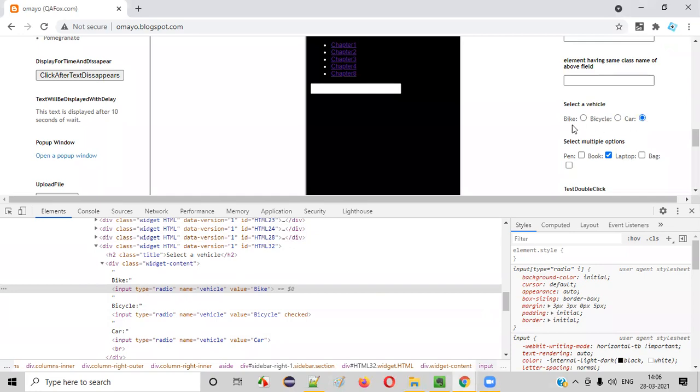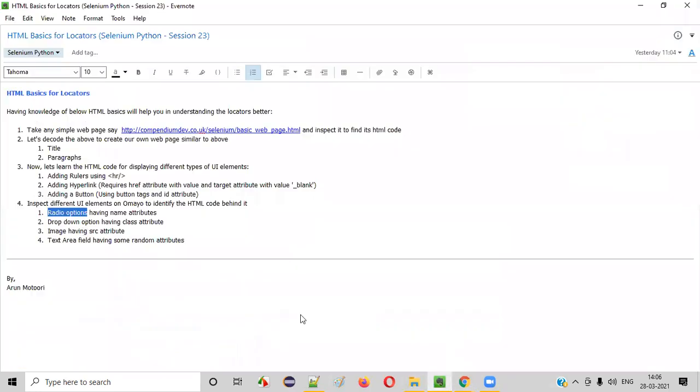When three options are given, only one option needs to be selected. This is possible with the help of the name attribute, guys. By giving the name attribute in the radio button HTML code, only one option can be selected. That is what the developer is achieving here. Hope you understood something about radio buttons and their relation with name attributes for category purposes. Generally, all the radio buttons will have the same name attribute value.